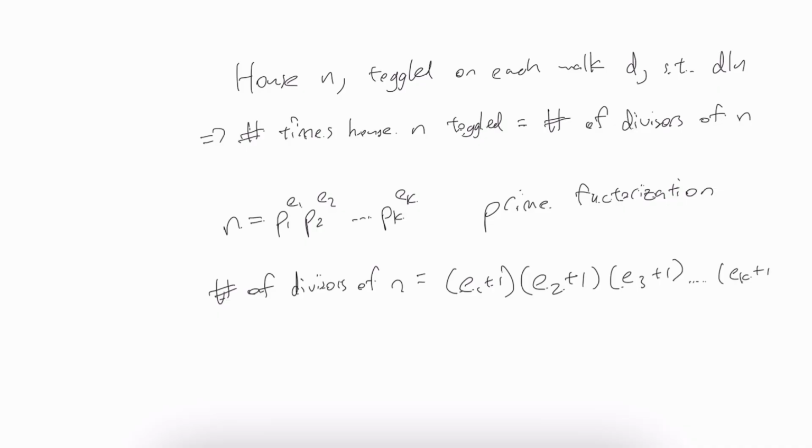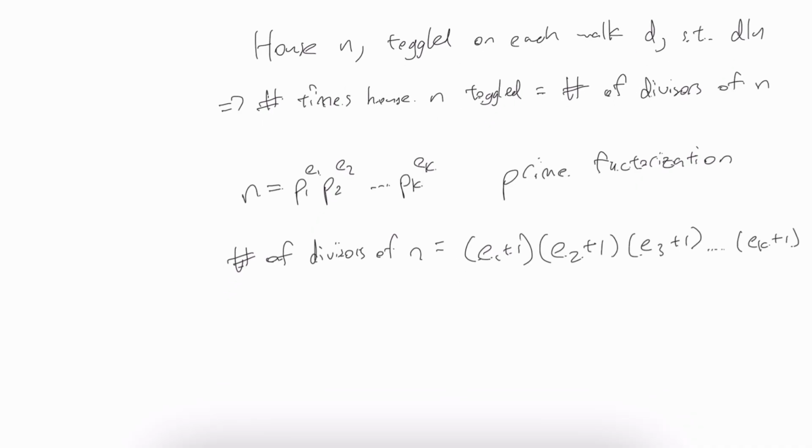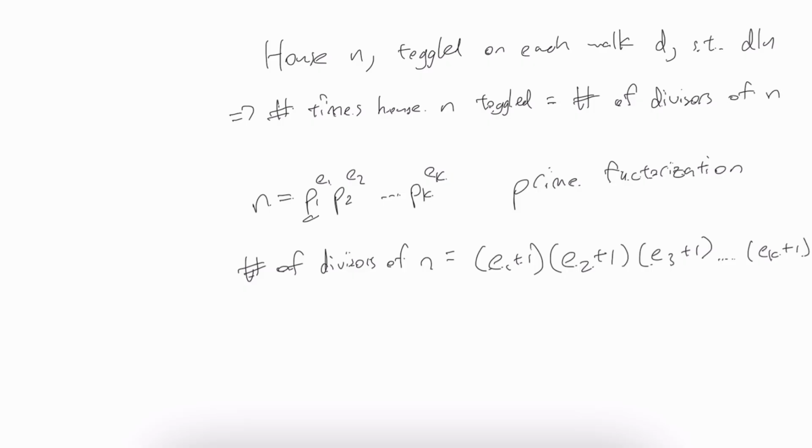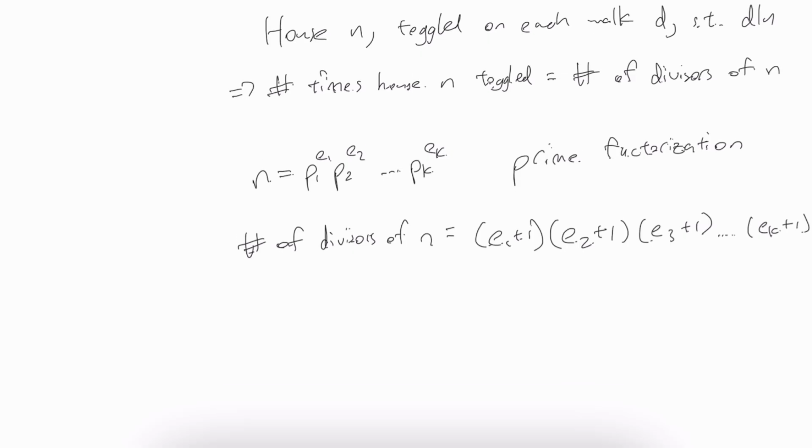The idea behind this is that for every divisor, its prime factorization has to also be in some form p1 to the a1, p2 to the a2, all the way to pk to the ak,